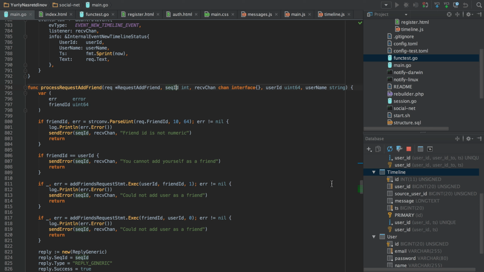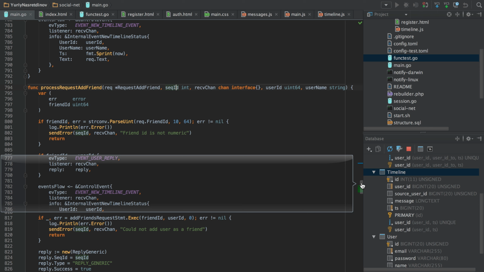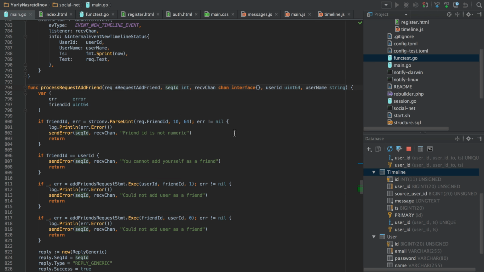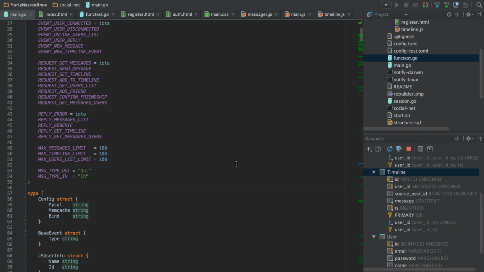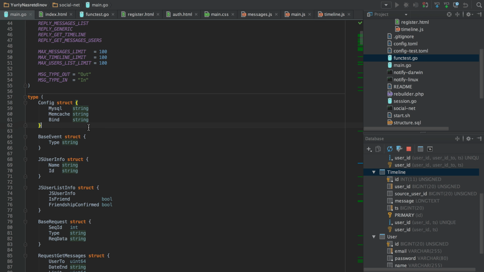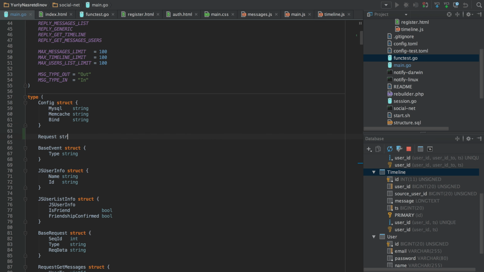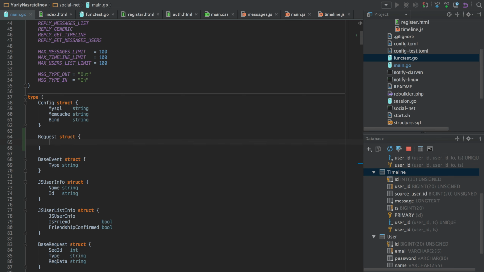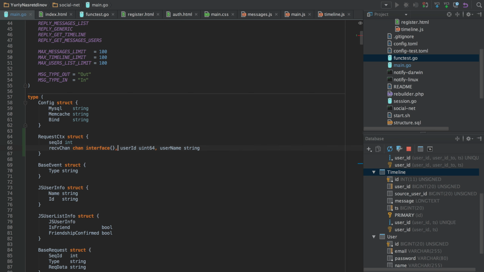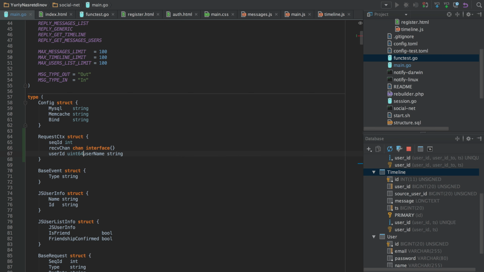So we can have several outgoing requests at the same time, and as all the handlers are started in different coroutines, we can track which response is answered to which request, and so we need the sequence ID.